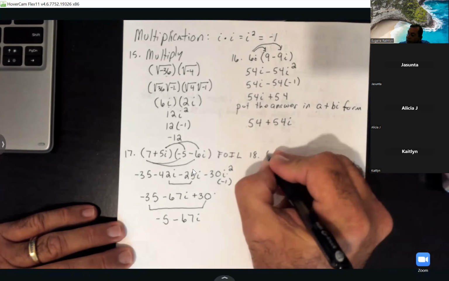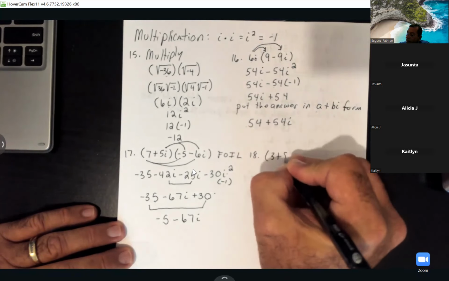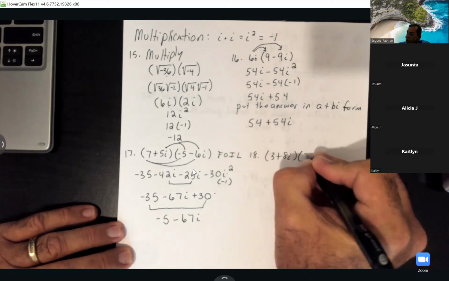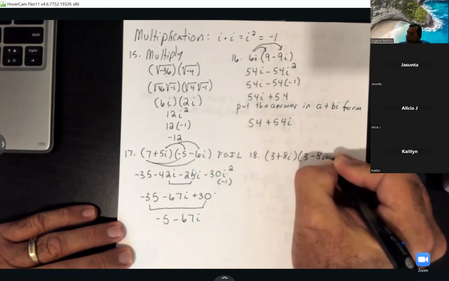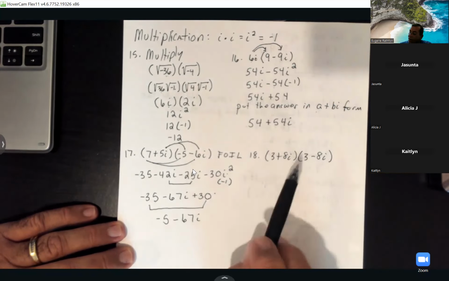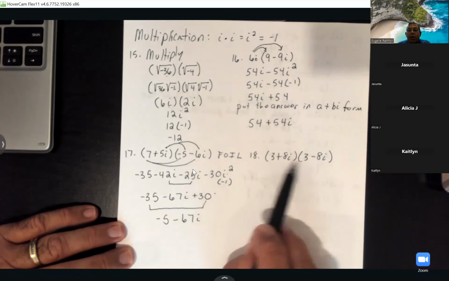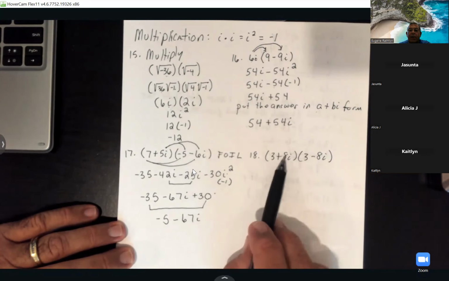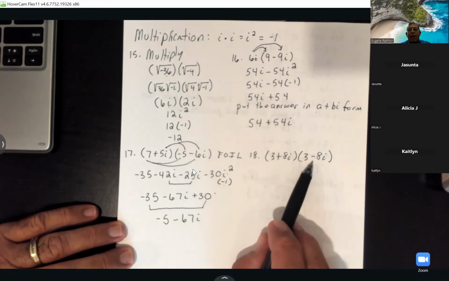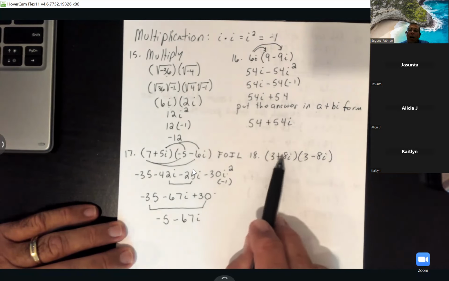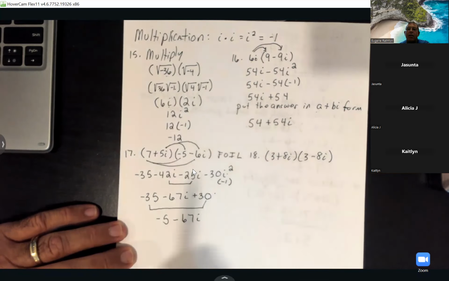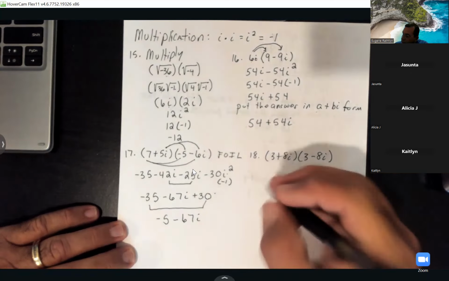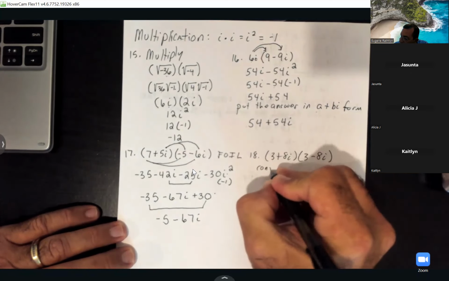Now y'all watch this. 3 plus 8i, 3 minus 8i. These are conjugate pairs. Remember, conjugate pairs look the same. One's being added, one's being subtracted. When we multiply conjugate pairs, we end up with a single real number. So let's write that. Conjugate pairs